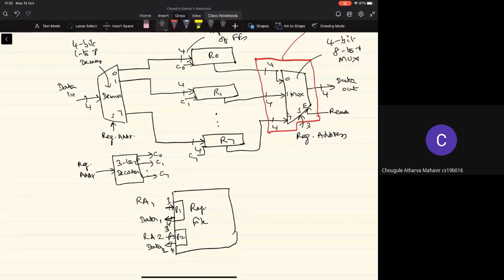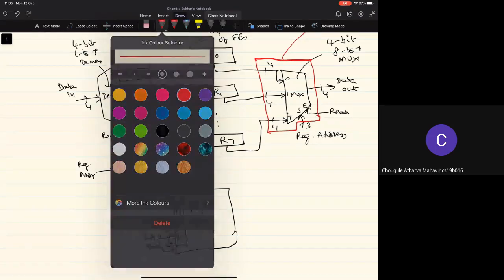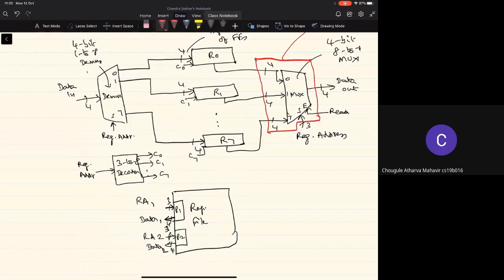So the write port here will be enclosing all of this logic, right? That includes a demultiplexer as well as a decoder. Okay, and now I'm going to ask a question. Can we have more than one write port?